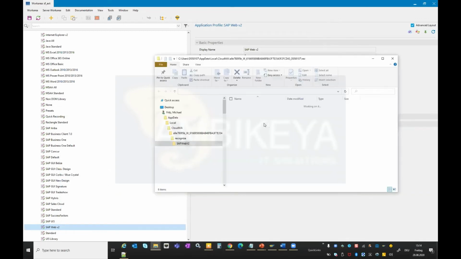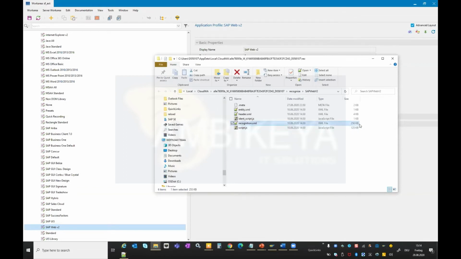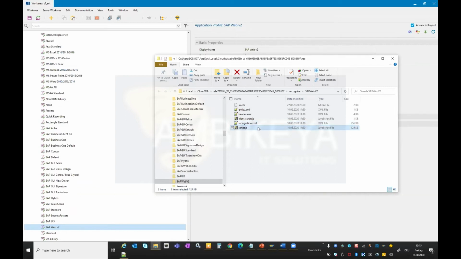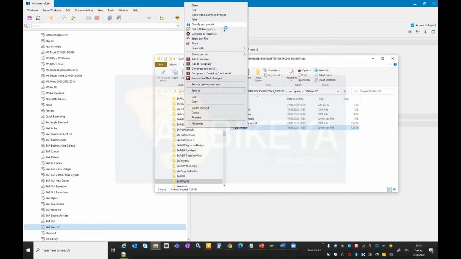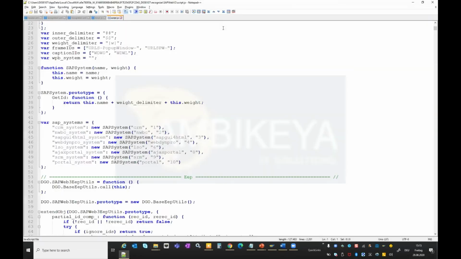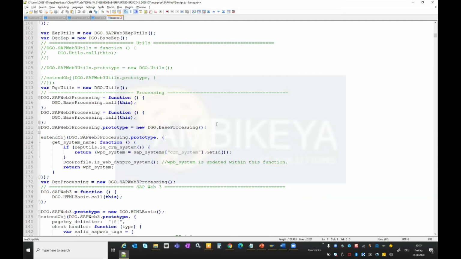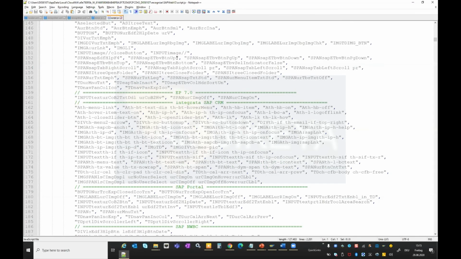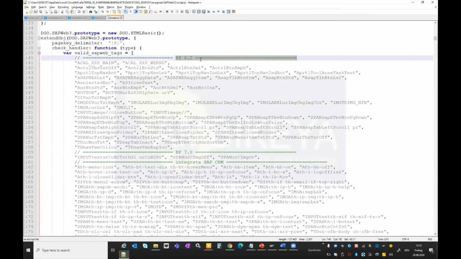It has a recognition XML of a quarter of a megabyte. That's the biggest that we got. And it has a massive script in comparison with the others. So let's have a look in the script. And there you see what the options are. And what that thing does, as I scroll a bit down, is summarize per technology all the potential CSS styles that a single object type could take